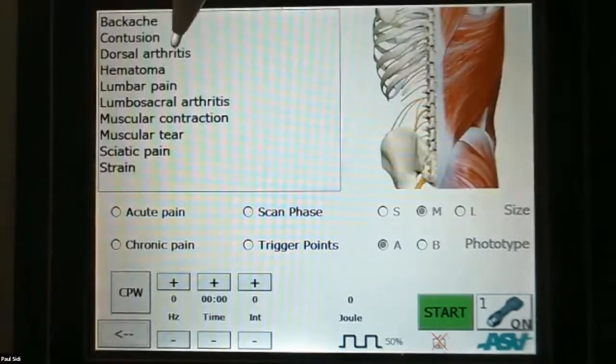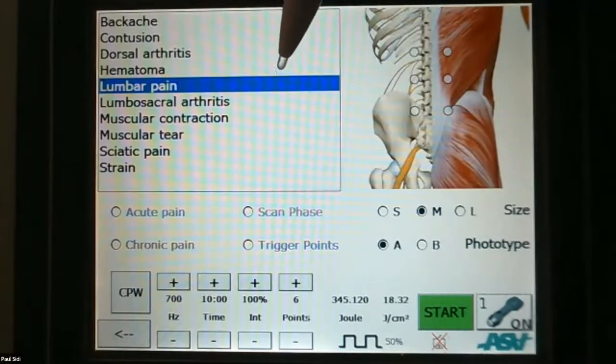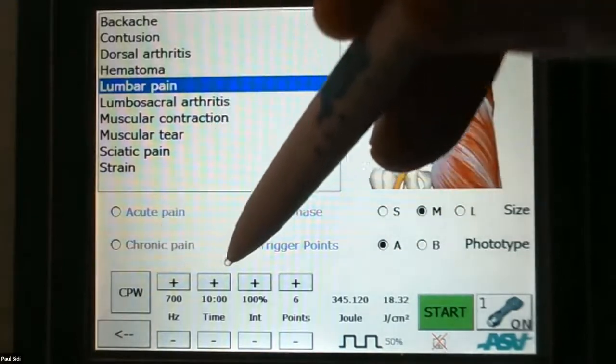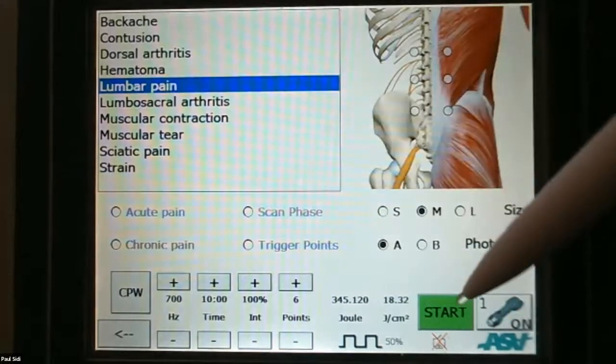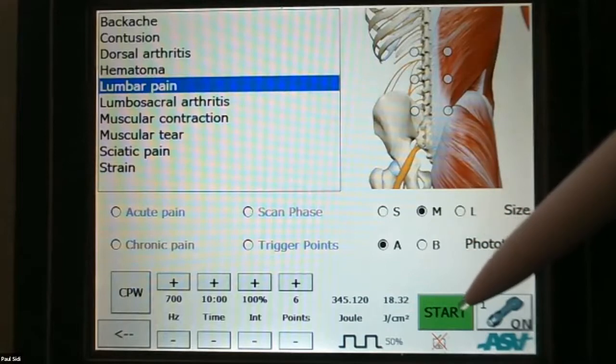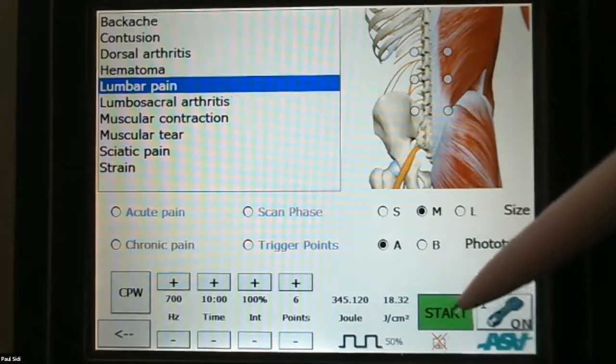So let's go on to what we say, just some lumbar pain. Now we've got some general pain around here. Because what I'm going to do for that QL and the hip abductors, I'm going to really get the trigger point segregate that. So let's go some general stuff around the spine. Okay. Again, 700 hertz, 10 minutes, 100%, 6 points. Okay. So it's really quite a lot of power range. 18.32 joules per square centimeter. It's quite high. We're going to just say start, boom,